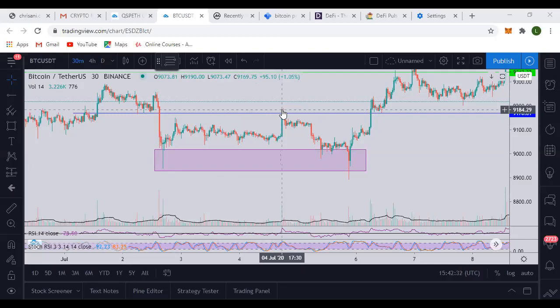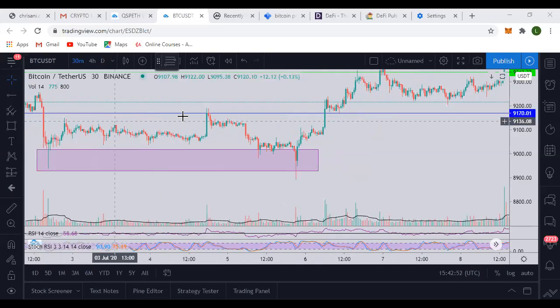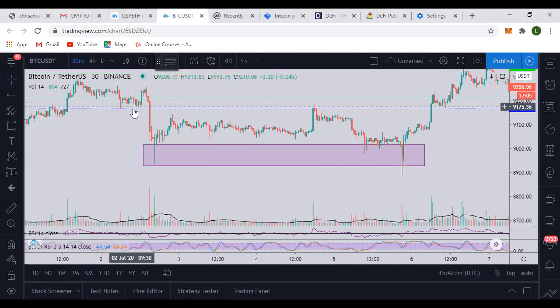He has already predetermined that this place will be a resistance because it was formerly a support. I told you there's an 80 to 90% chance that a former support will turn to a resistance and a former resistance turn to a support. So you notice that this was a support before. Here was a support before. It now turned to a resistance here.